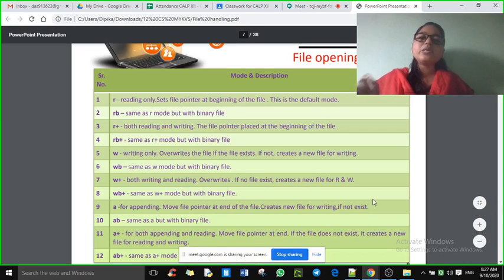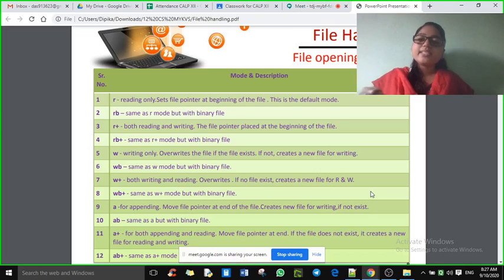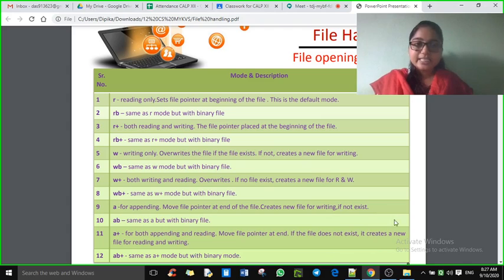Whereas in case of append, it will keep the data which was written the previous time, and it will go till the end of that file, and it will again start writing from the end of the file. So this is the difference between write mode and append mode.